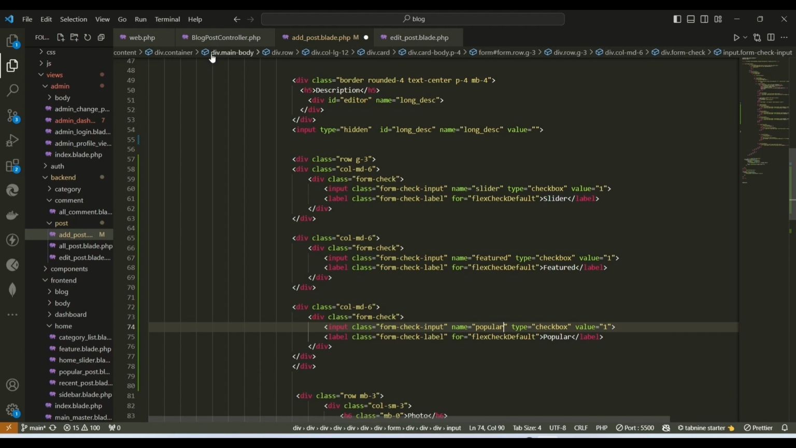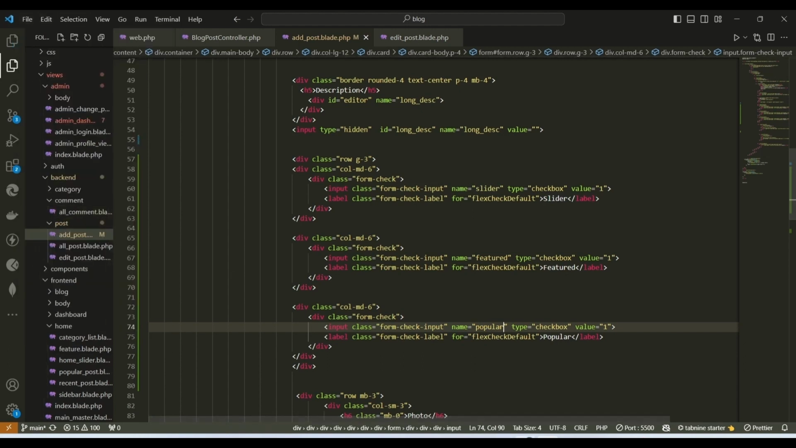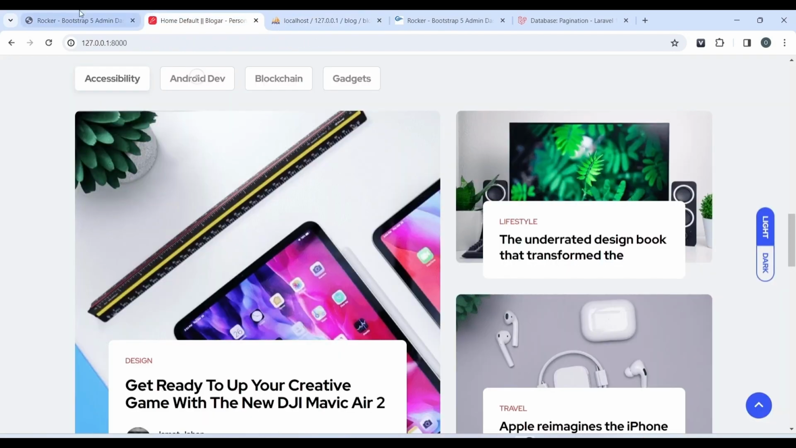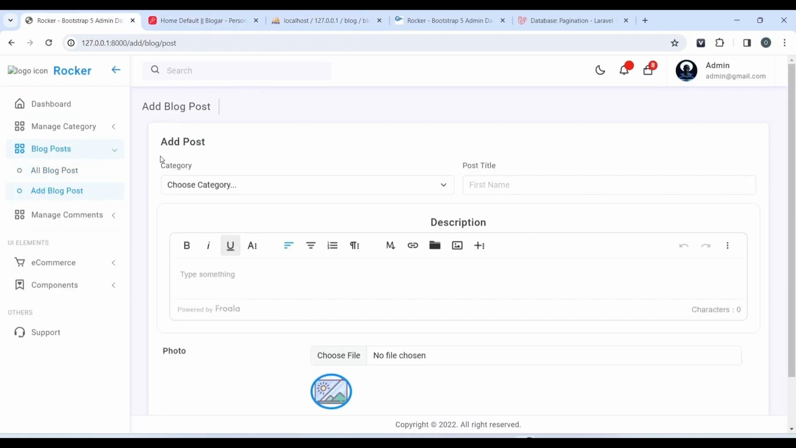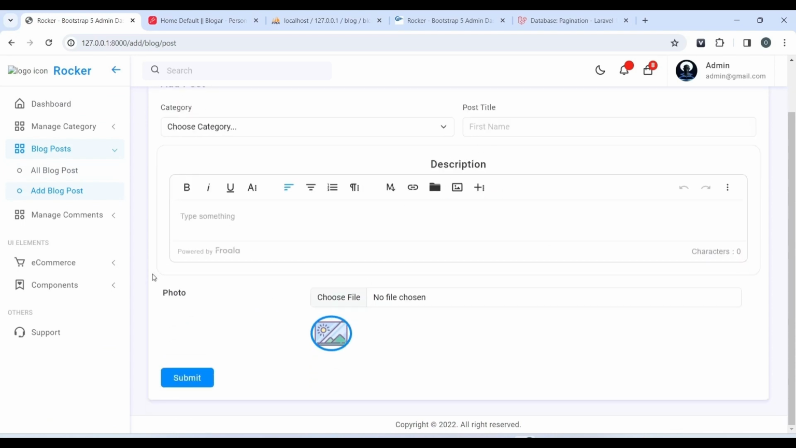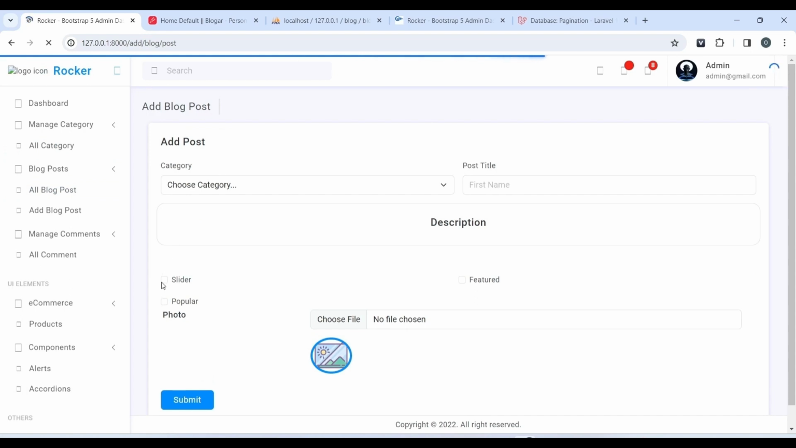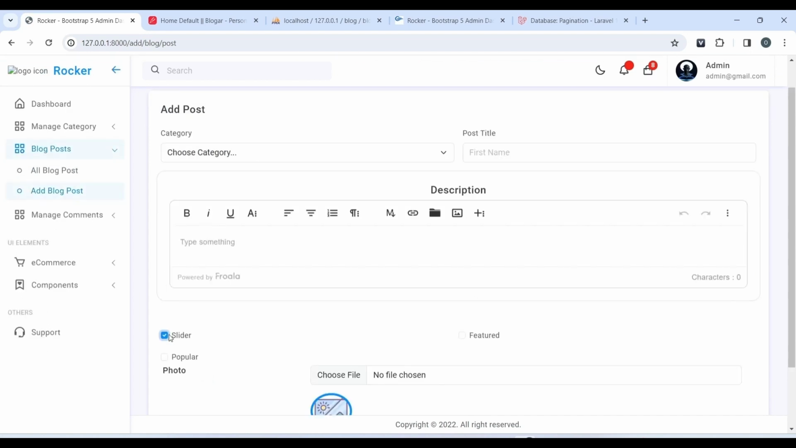So now let's save all and check what we've done. So you save all. Now inside your add post in your admin page, you refresh here, you are going to see, after the description, you are going to see your popular, slider, and featured. Let's refresh. As you can see, the type of checkbox, so you can see your slider, popular, and